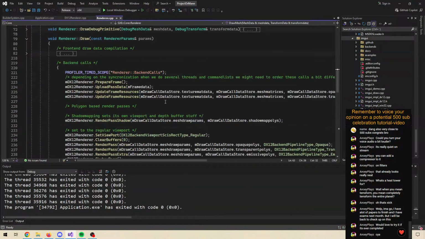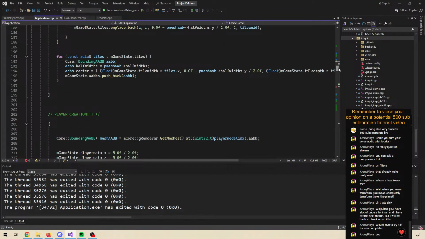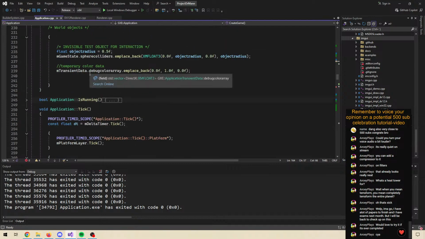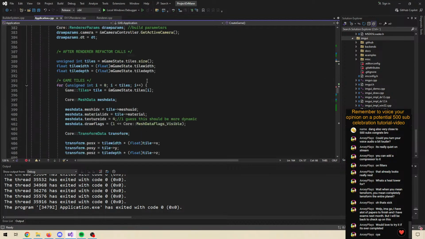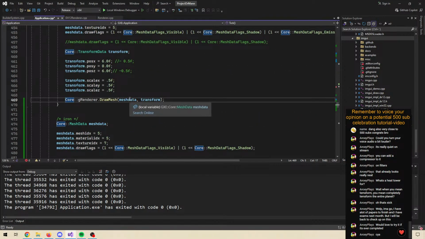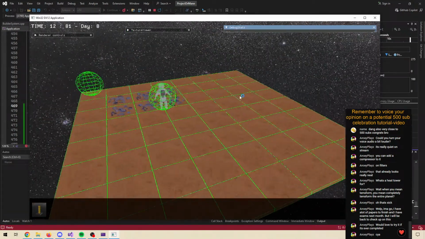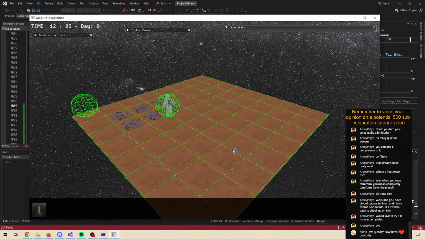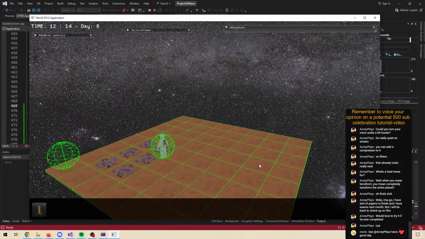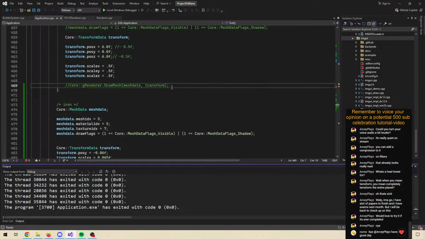Okay. Let's turn on the tiles again. Wait, that's the creation. This is the rendering. Let's disable this. Okay, so the idea is something like, we could do something like